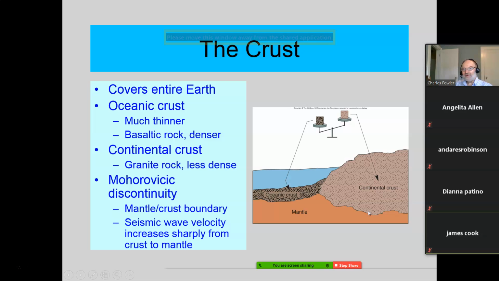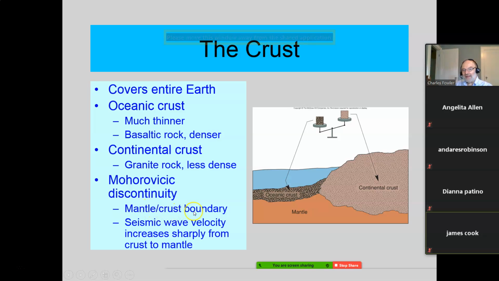Now, quite often they'll abbreviate it and just call it the MOHO. Okay, the MOHO. It's a lot easier to say, but that's the discontinuity between them. Even between the oceanic and the mantle, both high iron concentrations, these are denser, those are less dense. These are denser than those, but they're less dense than these. There is a discontinuity here between the mantle and either one of the crusts, and that's the Mohorovičić discontinuity.